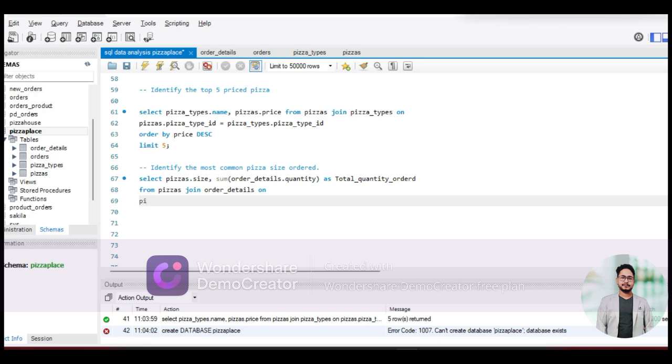So we will join the pizzas dot pizza ID equals to order details dot pizza ID. Now we need to find the most common. Let's say we need to find out the top 5 most ordered pizza size. So let's do an order by,